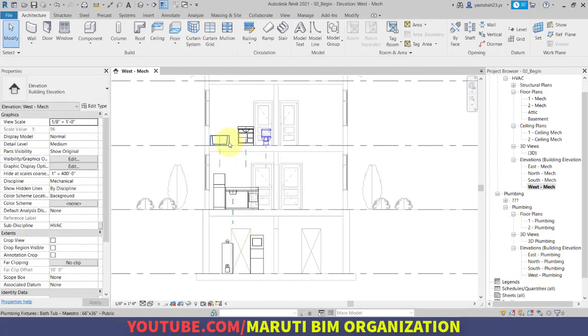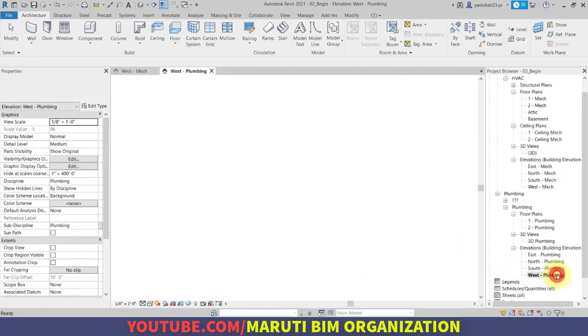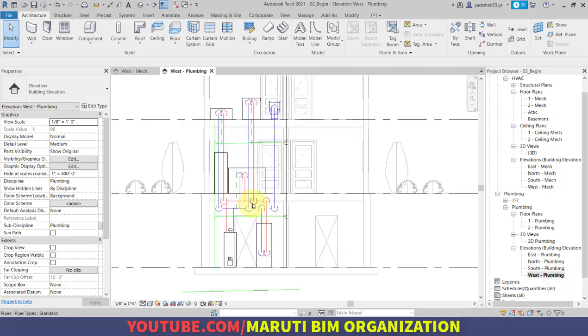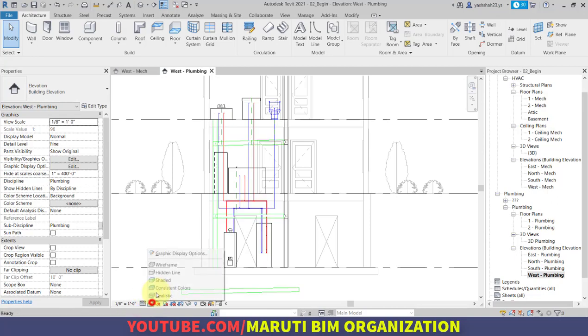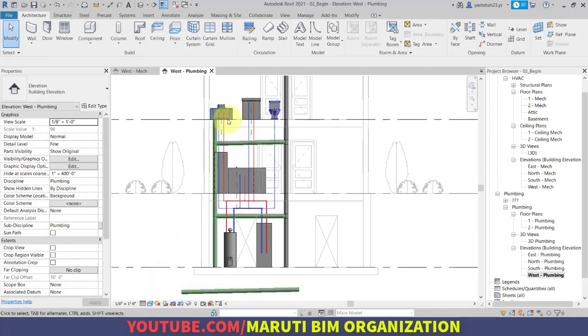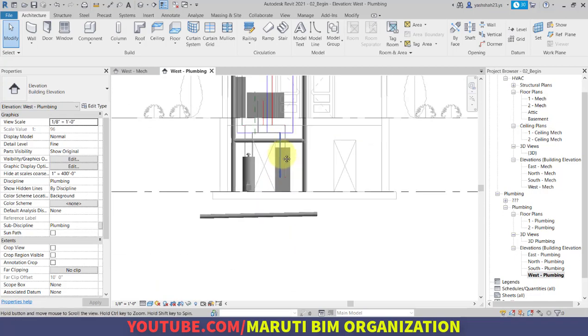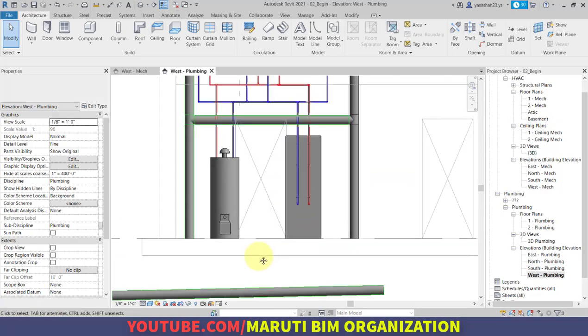In the HVAC west elevation, you will be able to see only the fixtures or equipment, but in the plumbing west elevation, you will also see a very nice setup of pipes and everything. So I will set my detail level to fine and visual style to shaded so that I can see everything which is going to be connected here.